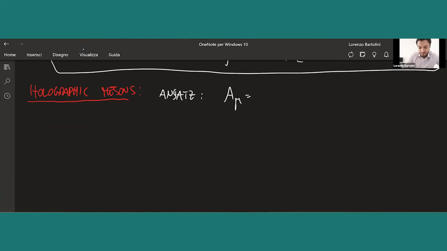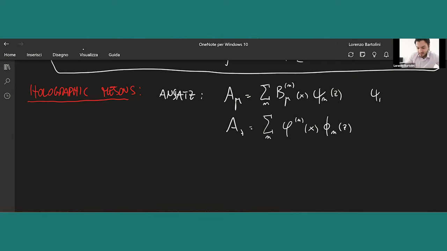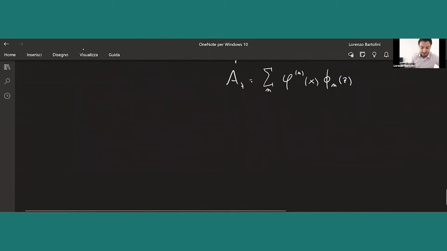So for A_mu, we take the sum of B_mu^n of x and psi_n of z. And for A_z, we take a similar form, but this time it's a scalar times some other function phi of z, where these psi and phi each form a complete set. Okay, so we assume that you can expand these functions. In general, they're complicated functions of x and z, but you can expand them on a sum of factorized terms. So when you plug these objects into the Yang-Mills action,